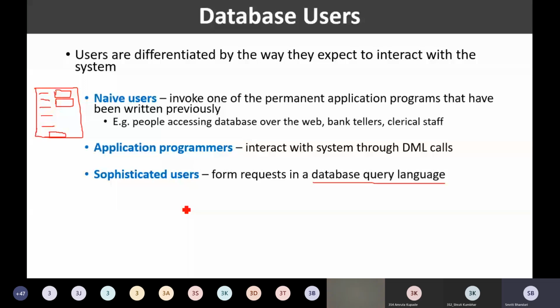Say for example, I have a chain of departmental stores like D-Mart. Every day, millions of people visit a D-Mart shop. It is a departmental store, and there is a chain of such stores.